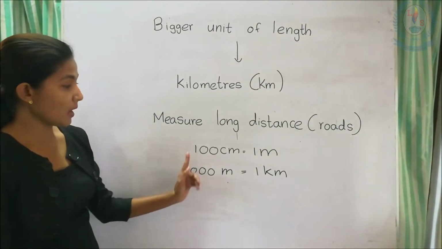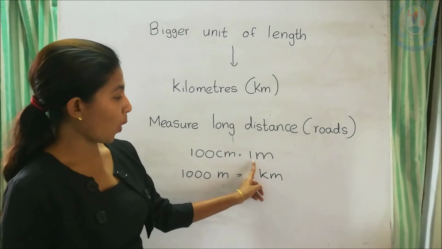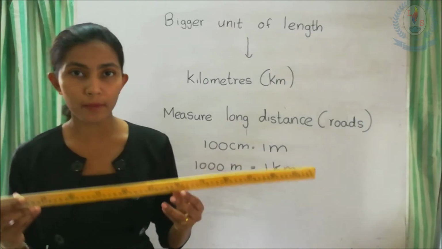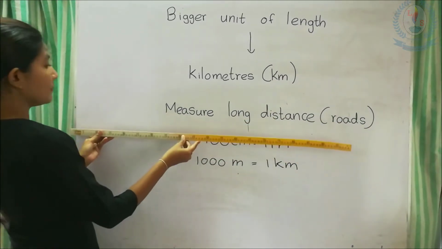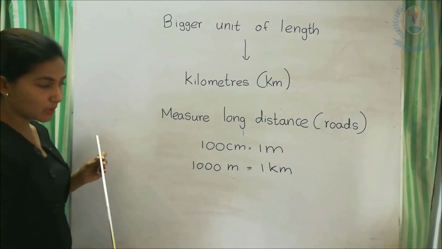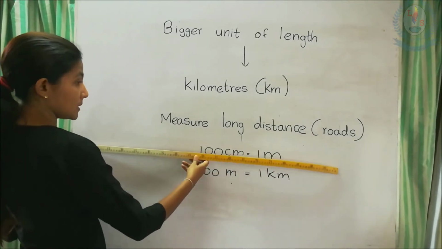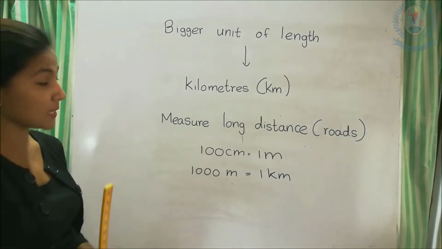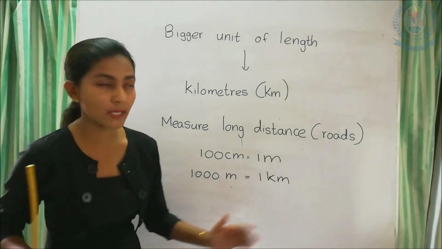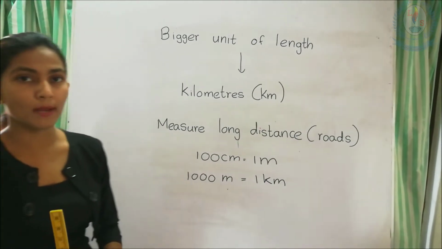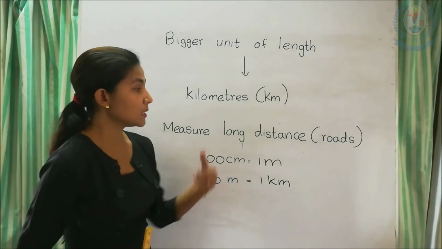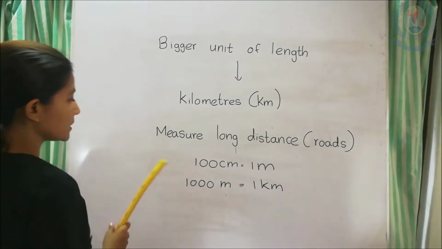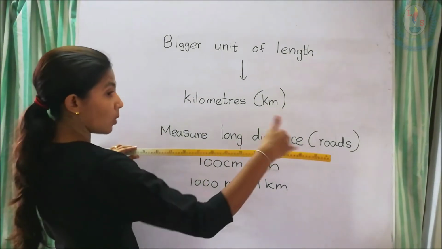Students, you remember 100 centimeters means 1 meter. This 100 centimeters is 1 meter. When you place this one time, it is 1 meter. So when you place this meter stick 1000 times, then you get 1 kilometer. That's what we say: kilometer is for long distances such as roads. Normally we use kilometers to speak about roads. When you want to say the distance of a place, that means when you place the meter stick 1000 times,